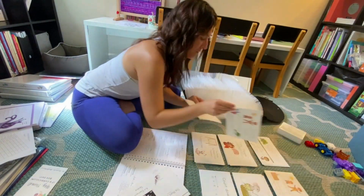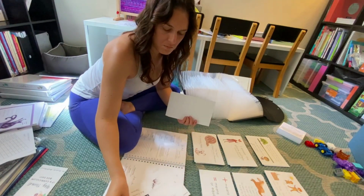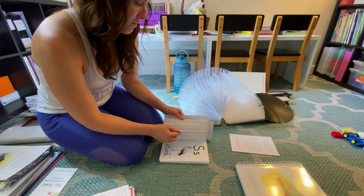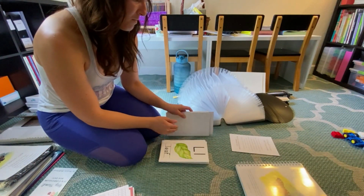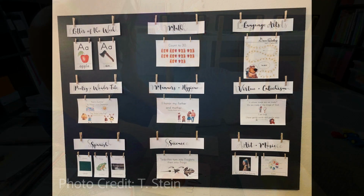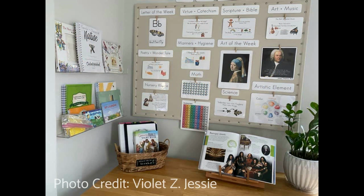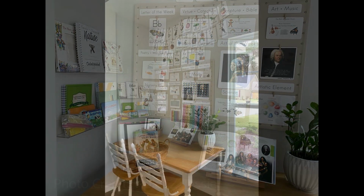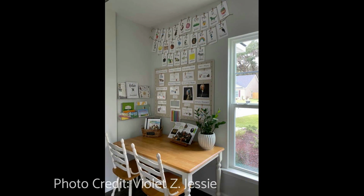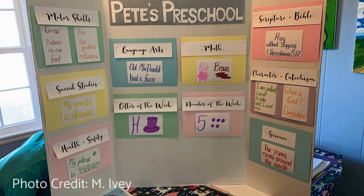GC Primer uses all of these memory statements and a memory statement board. But what is this memory statement thing, and why use them? Well, as Aaron Cox beautifully states in part 1 of her teacher's guide, memory statements are an opportunity to see and say beauty. These weekly or bi-weekly memory statement boards give us, the teacher parent, a springboard to help plant true, good, and beautiful notions into the hearts and minds, and help equip them with the proper language to express their own ideas, needs, or